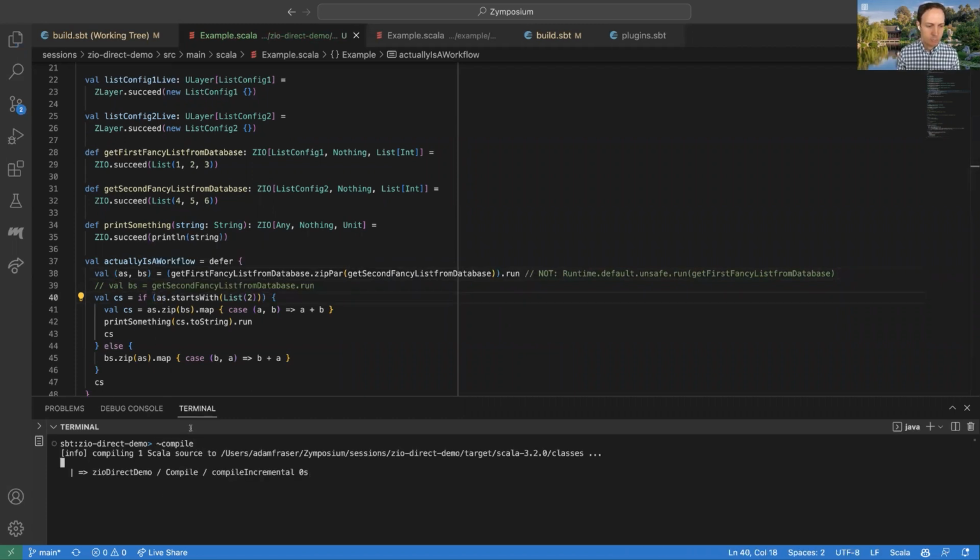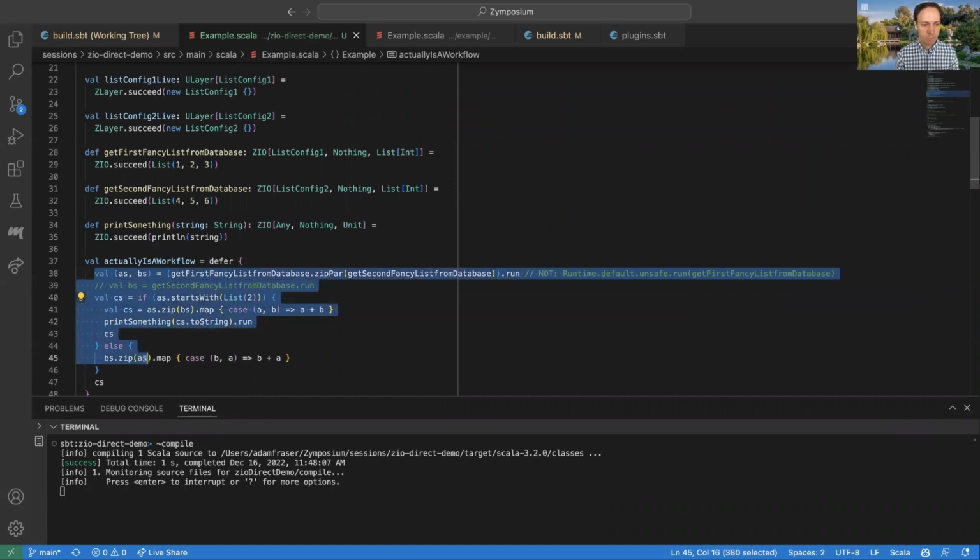Let me give myself some auto compilation so we check ourselves. And so now I've refactored my code to do these two calls in parallel. And then I'm still going to be able to get the results. I'm going to be able to work with them in that same nice way. Yes. And this is actually nice too, because I think probably some of you folks who've used ZIO have run into this problem